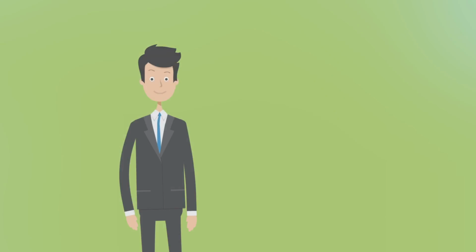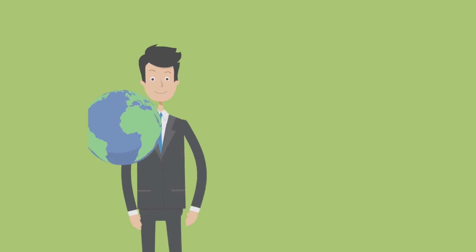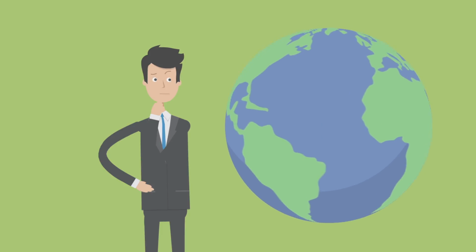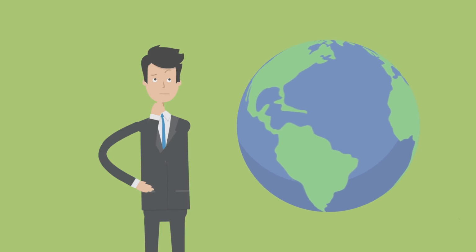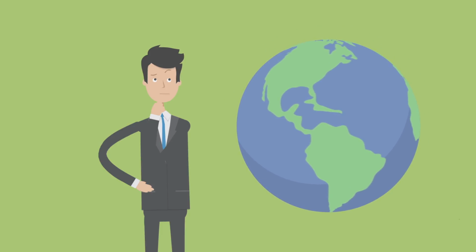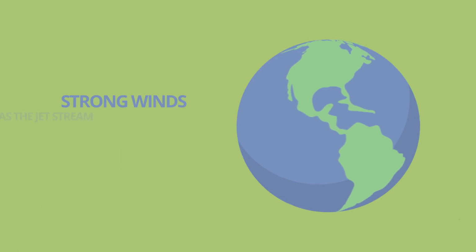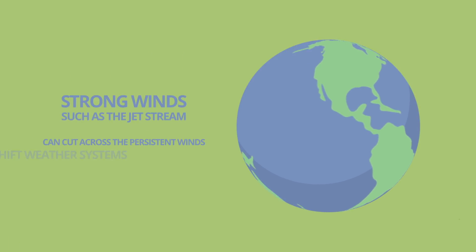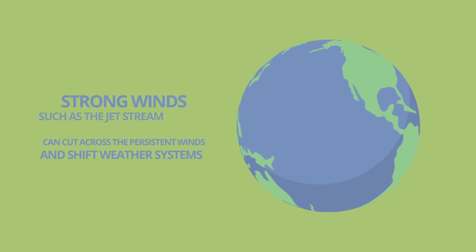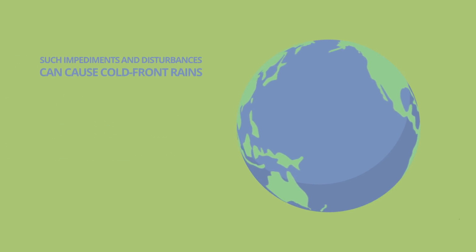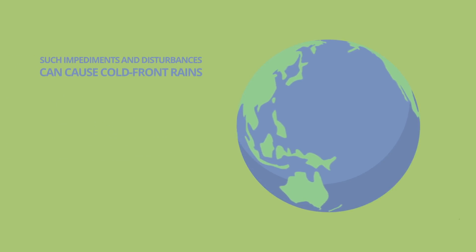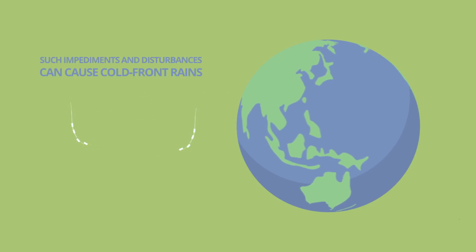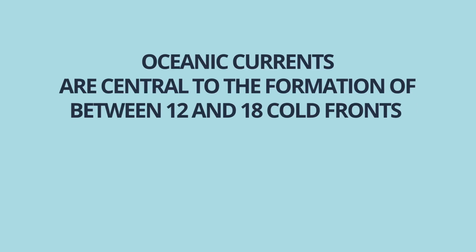However, all this spiraling of weather systems is not just influenced by pressure differentials and the spinning of the globe. Other factors can play a part too. For instance, friction with land masses can slow weather systems down, while strong winds such as the jet stream can cut across the persistent winds and shift weather systems. Such impediments and disturbances can, for example, cause cold fronts to pile up against one another and cause cold front rains. At the southern pole, oceanic currents are central to the formation of between 12 and 18 cold fronts that